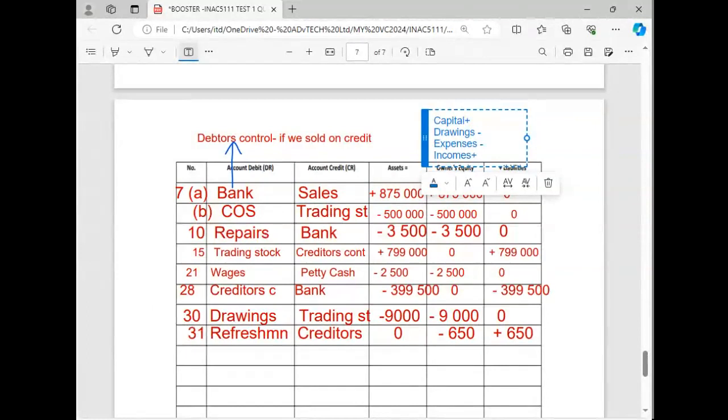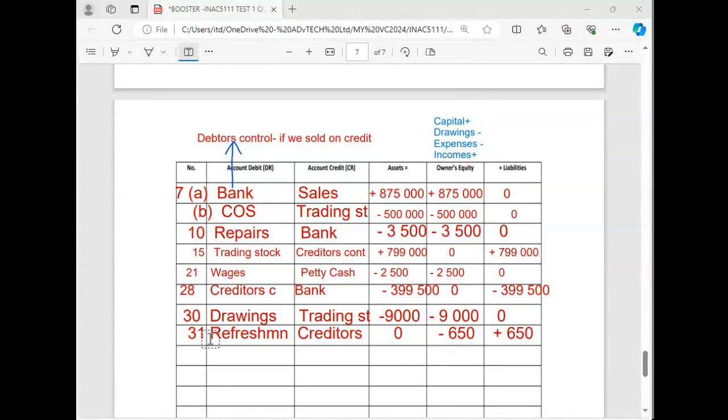Now, this is what I want us to check. Can you see all these things that I wrote here? Yes, sir. So it means everything that you see here, you only come to this column when you see one of those, okay? Now let's check here. I put the signs. It means as long as they increase, like for example, capital, when their capital increases, it will have a positive impact.